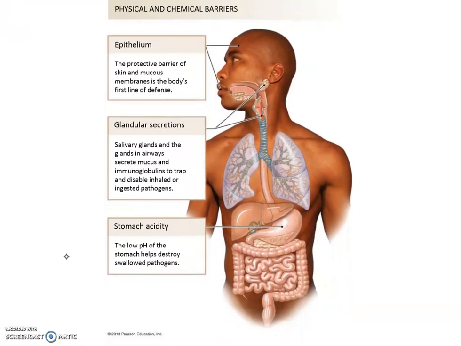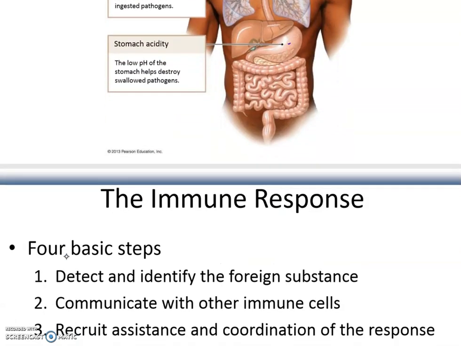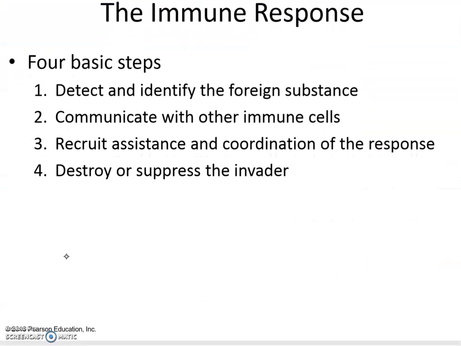Here would be physical and chemical barriers. You can see here a variety. The stomach acidity, that's one. Your unbroken skin, glandular secretions, all of that would count for physical and chemical barriers. So now anytime we have immune response, we have